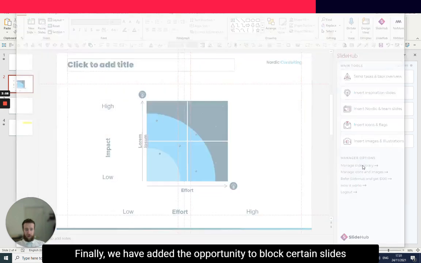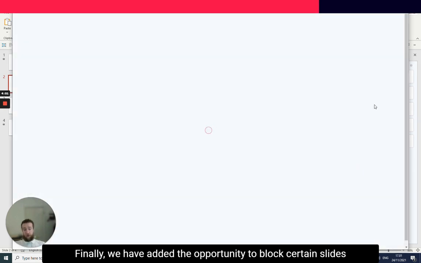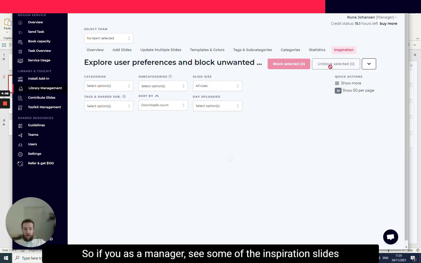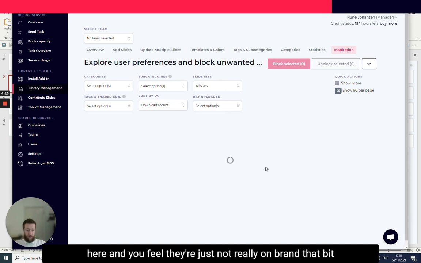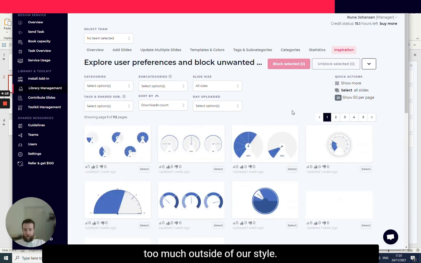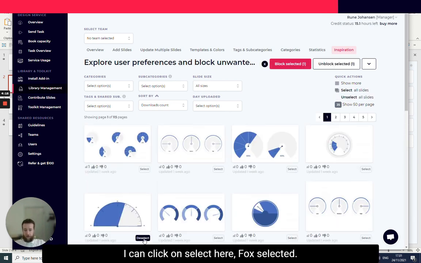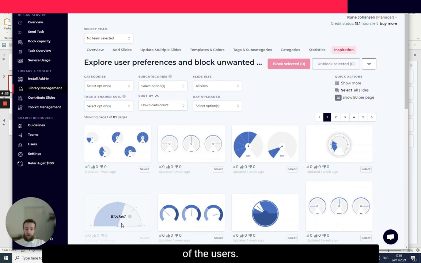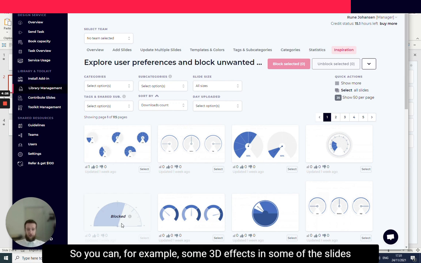added the opportunity to block certain slides in the inspiration library. So if you as a manager see some of the inspiration slides here and you feel they're just not really on brand, they're a bit too much outside of our style, I can click on select here, block selected. And now this is blocked in the inspiration slides for all of the users. So you can, for example, if there are some 3D effects in some of the slides that you don't like, you can actually